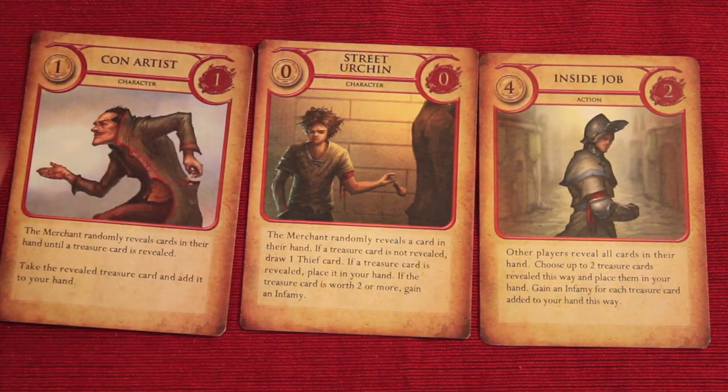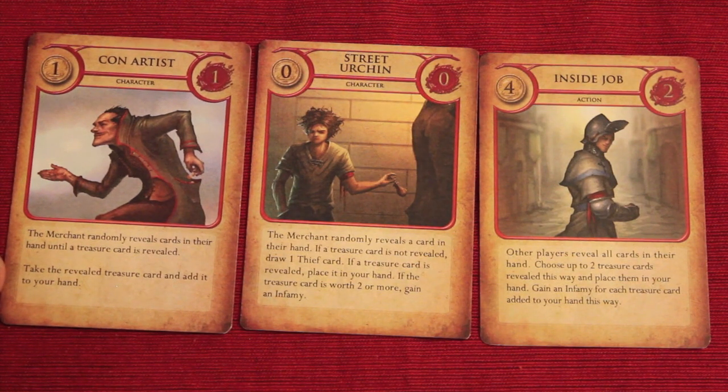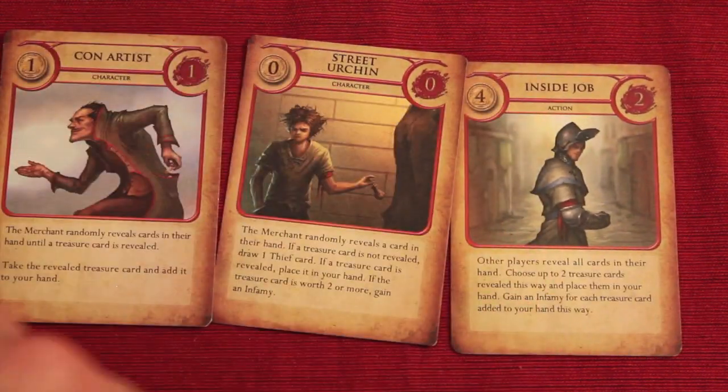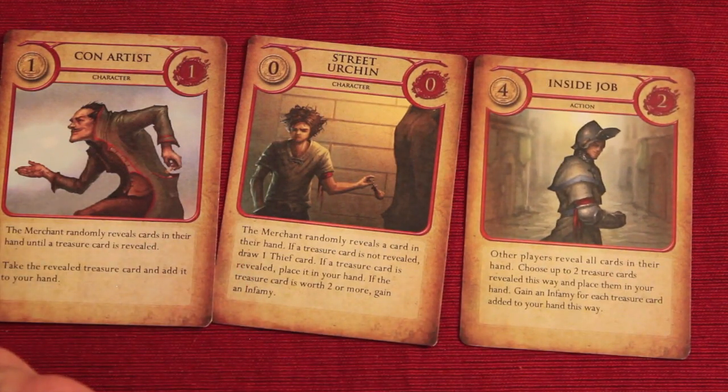He's a level 1. He costs 1 money. The merchant randomly reveals in their hand a treasure card, and you take the revealed treasure card and add it to your hand. So you're stealing stuff again from the one who likes money. Or you could do an action like: other players reveal all cards in their hand, choose up to 2 treasure cards revealed, and place them in your hand, and gain an infamy, which is one of their